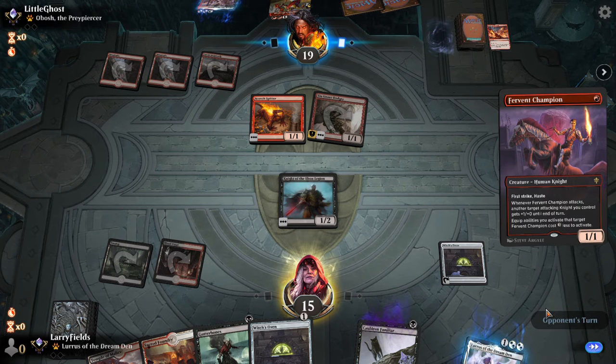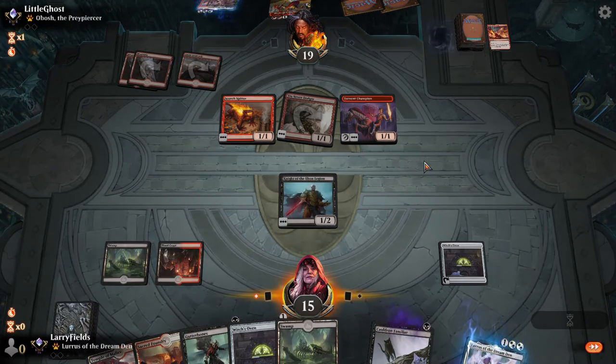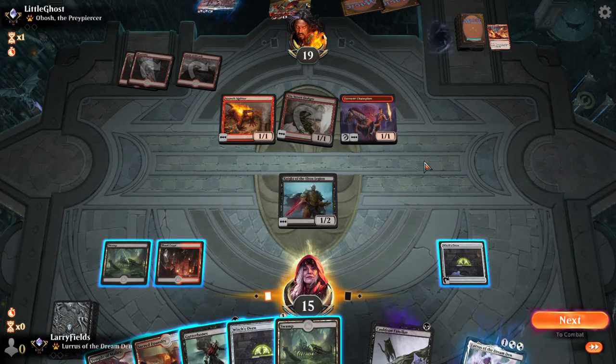And then, obviously, the Annex, very good card. Hopefully, we can draw a claim effect for that. That'd be really nice. Okay, an untapped land here is fine. So, I think we are certainly...